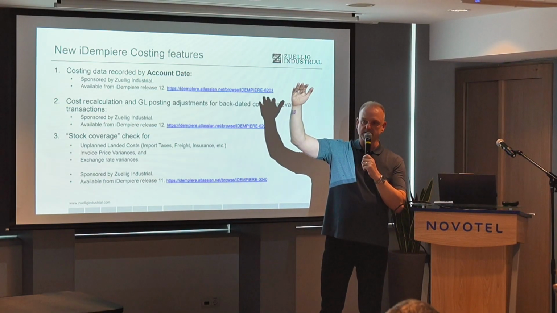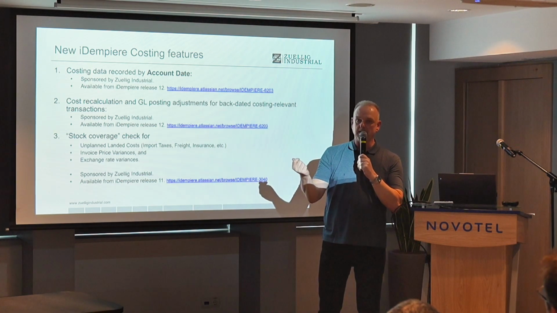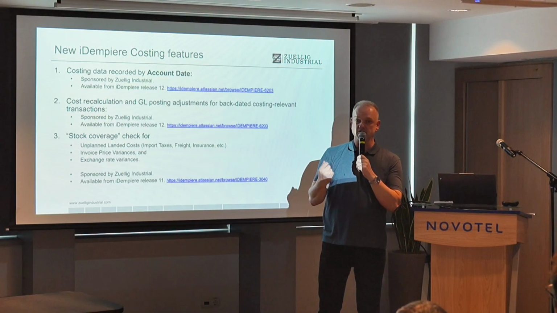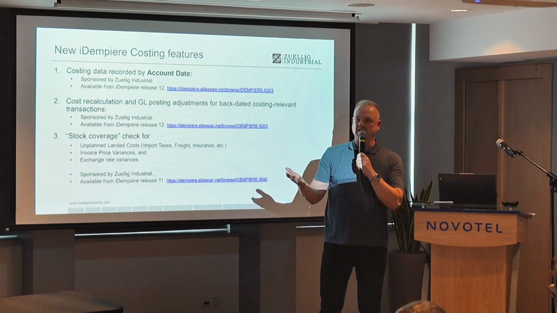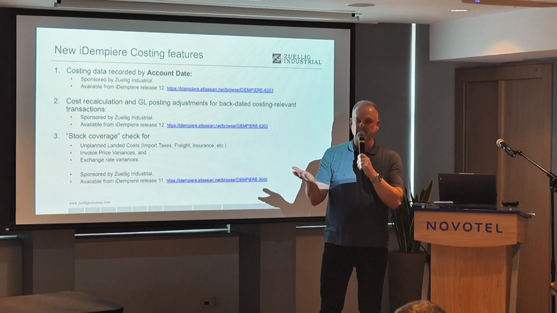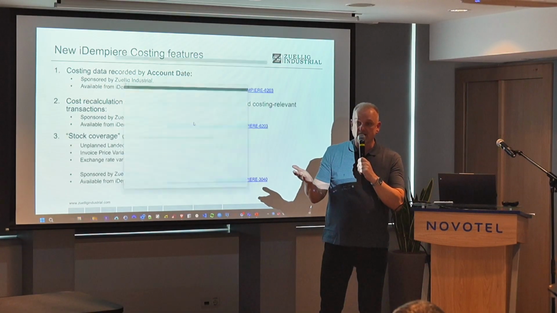Adding to my quantity. But then I get in June, too late perhaps, my landed cost invoice. So it's an invoice that should have been recorded in accounting period May, but it wasn't available at that point. So we want to backdate that. This is just a simple example. So what would happen then is that in the past the system didn't allow for that. Now,